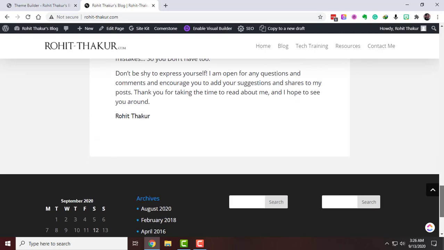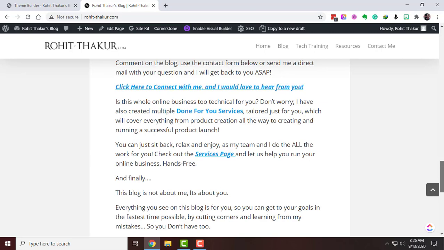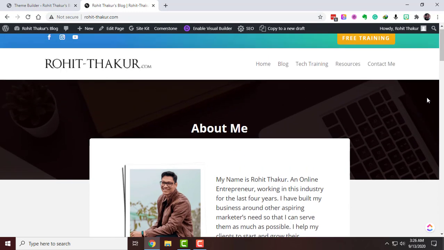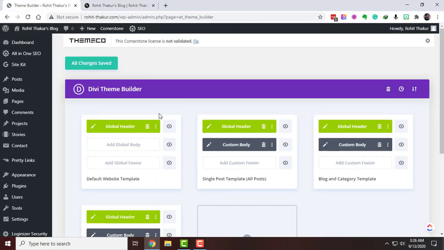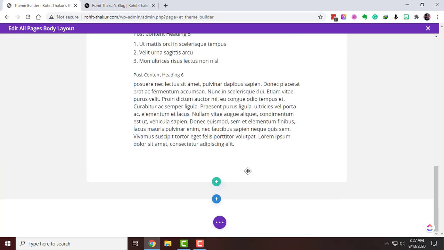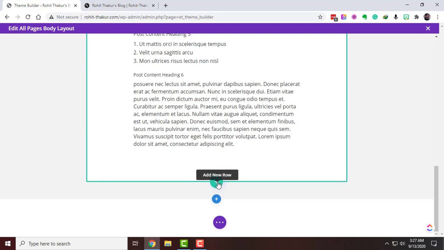If you want to add a comment section on your pages as well, you can go ahead and add a module called comments. You can search for it and easily add it. So this is what we wanted and we have achieved it. If you want any other modules, let me show you how you can add other things if you want anything on your page. To add anything, you have to scroll down and look for this gray icon. This gray icon will show you the modules. If you click on green, it will create a new row. But if you click on blue, it will create a new section for you.